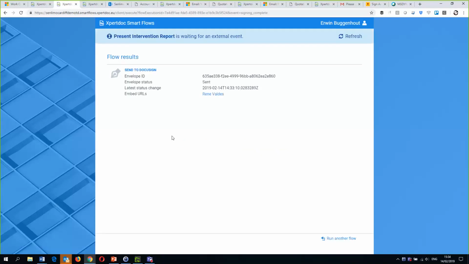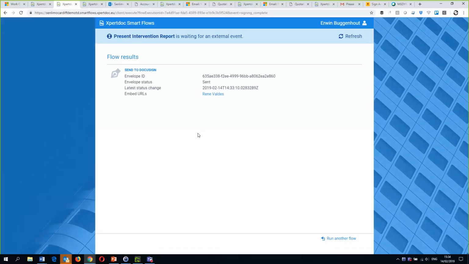And as a matter of fact, this is going to take you back to the SmartFlow that is waiting for the event once again to pick up on it. And you probably remembered last time around we just created a note in Dynamics and added the signed document to the note. In this case, we're going to take it one step further. Instead of creating a note, we're going to go straight to SharePoint and save the signed document to the SharePoint document location related to the record in Dynamics that we started the process from. In this case, that was the work order